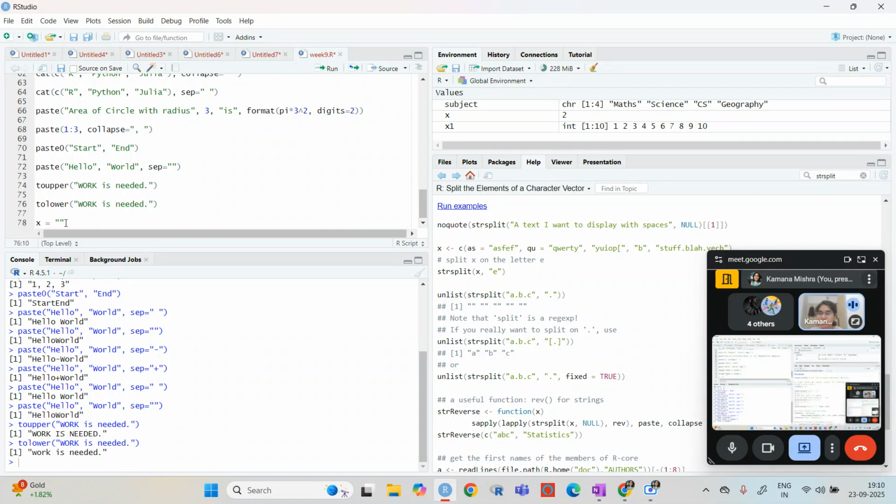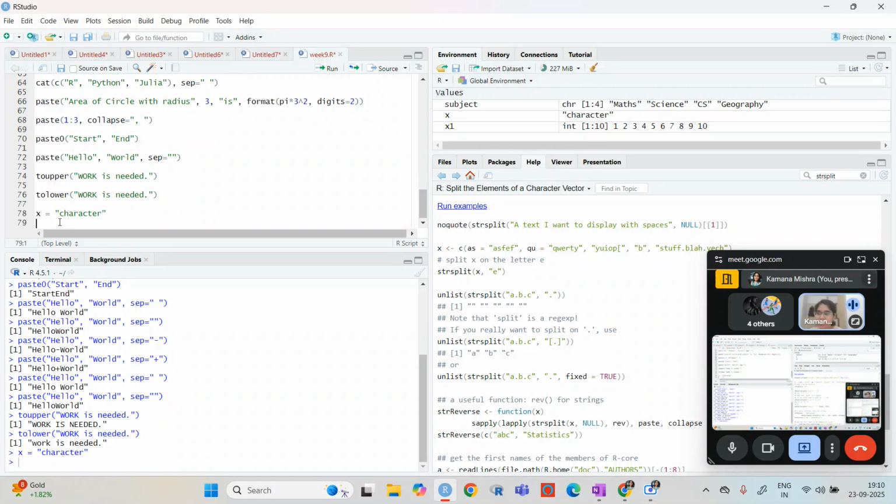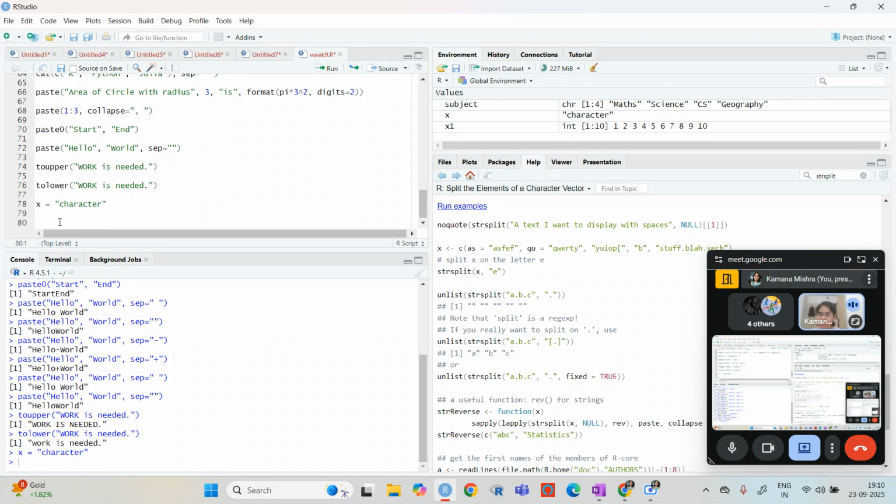Okay, so let me write, let's say, I'm just writing x as a character, and then I'm using str split x, and then split by a.